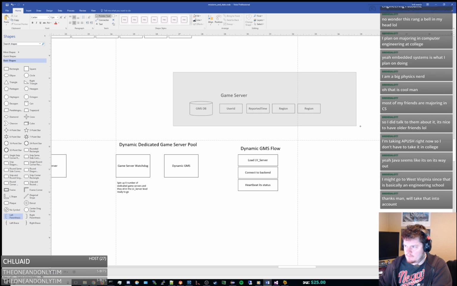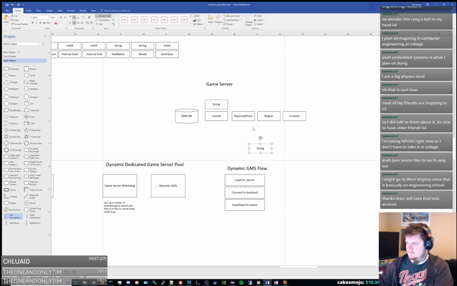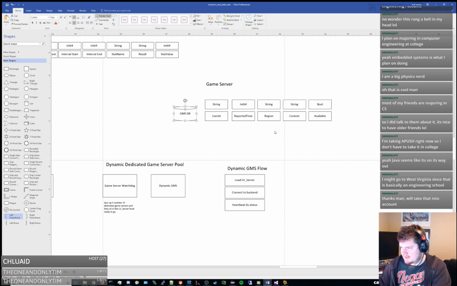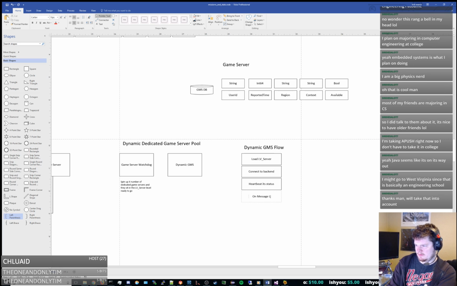Basically we want, alright, maybe a context. So we'll have whether it's available. This thing can set itself as being available or not available. And these guys will heartbeat themselves independently. So heartbeat its status, and so on message load mission,